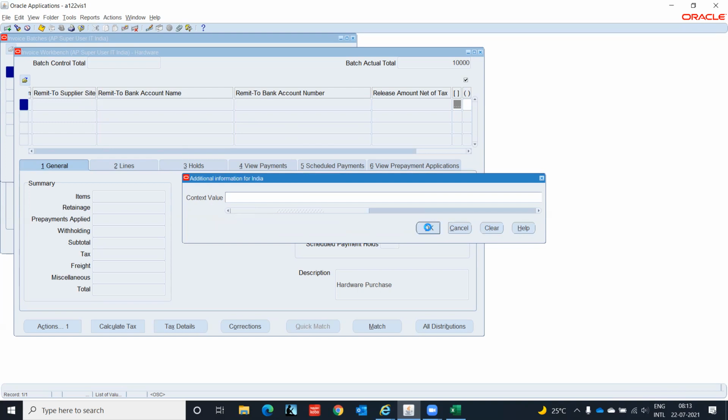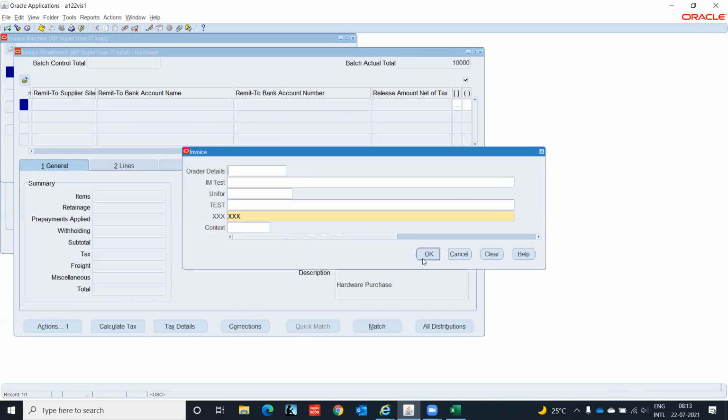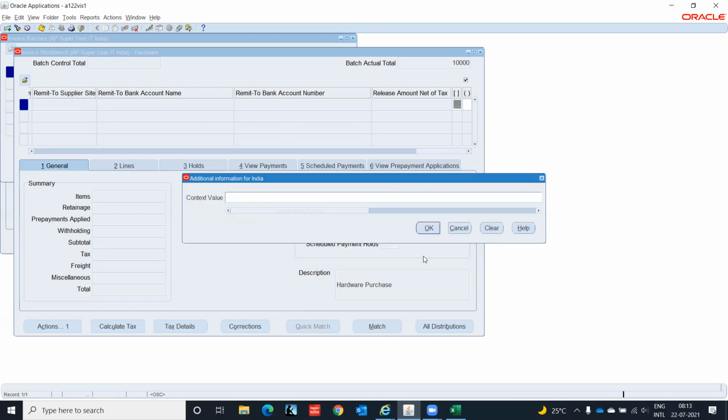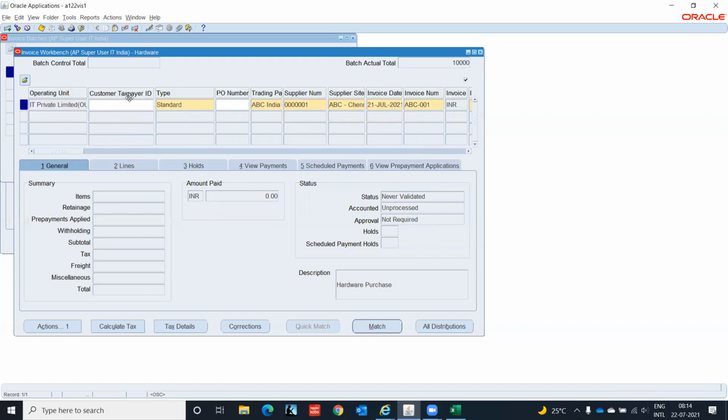Okay. And this is the header part we are done with. Okay, this is just the basic information we entered, and we have to come to the lines.